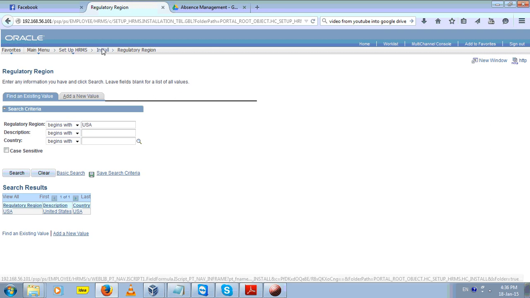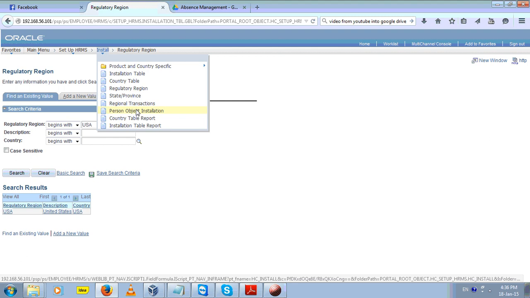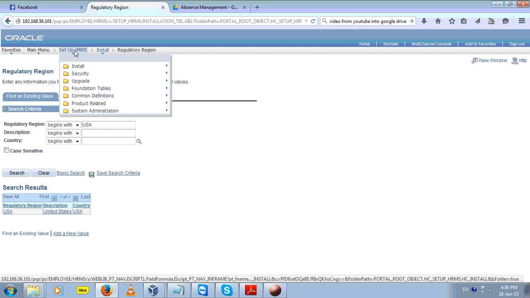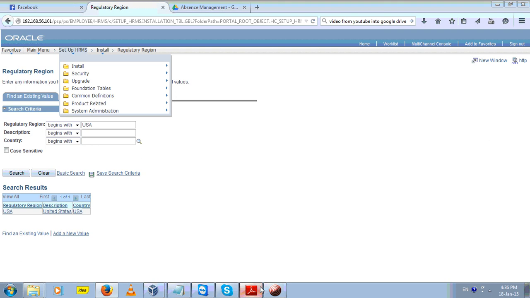So this was about region. There are other things also that we do, some product specific setups. These are very fundamental setups. So this was about the install submenu here. That's what we do in the install area, and that's where we actually begin with the setup, as I already told you. So if we go back to our study material over here,